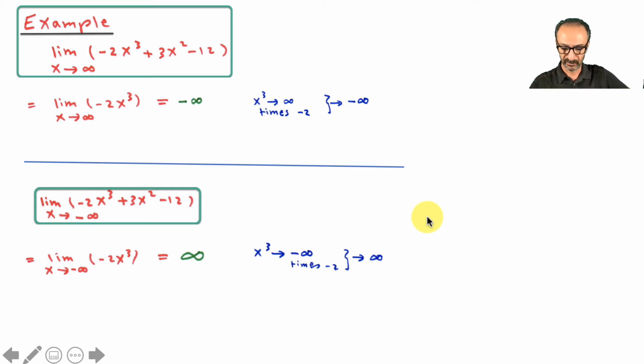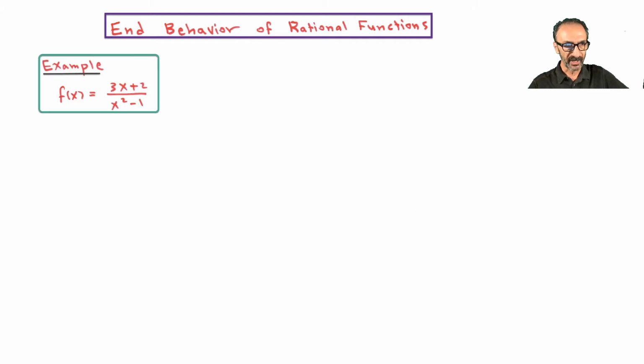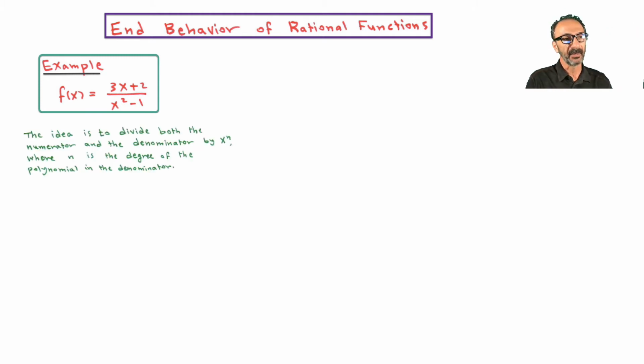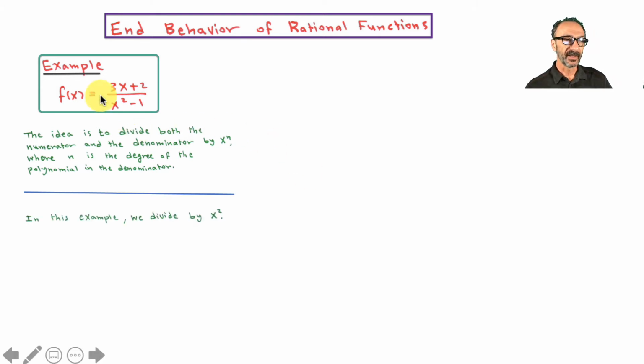Let's talk about rational functions and end behavior. We have an example here, which is 3x plus 2 over x to the second minus 1. The idea here is to divide the top and bottom side, the numerator and the denominator, by x to the power n, where n is the degree of the polynomial in the denominator. Let's see, what do I mean by this. The degree, the highest power